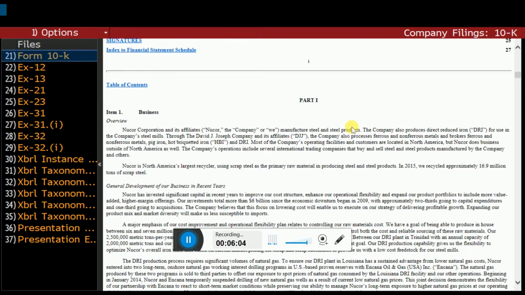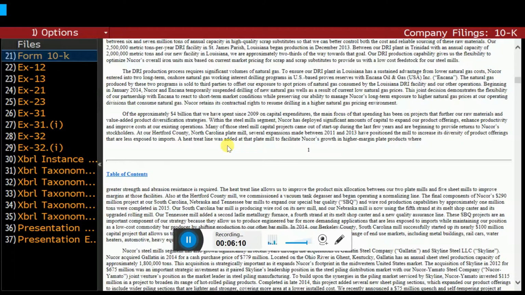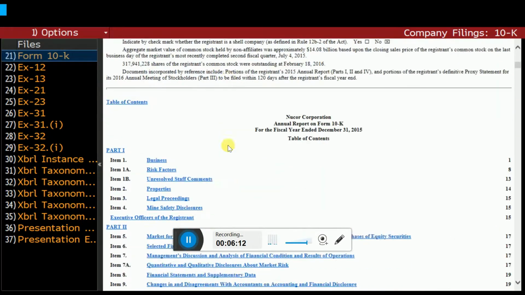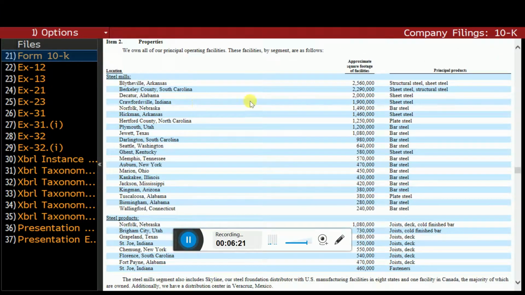You can look up their business, what their mission statement is right here. You can also look at their properties. You can look at where they are located, their basic information, such as what each location is producing, such as